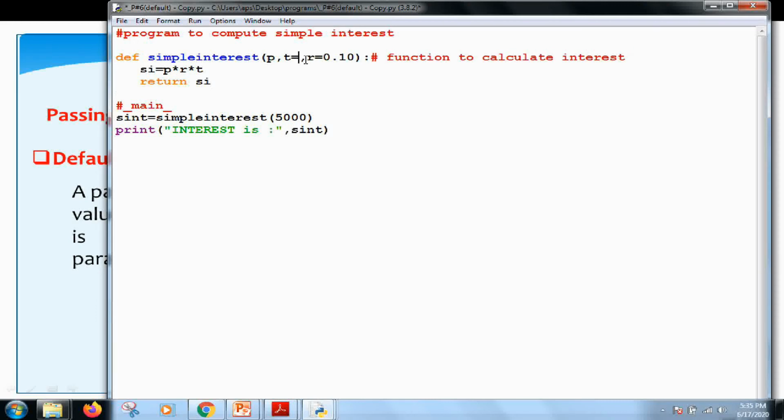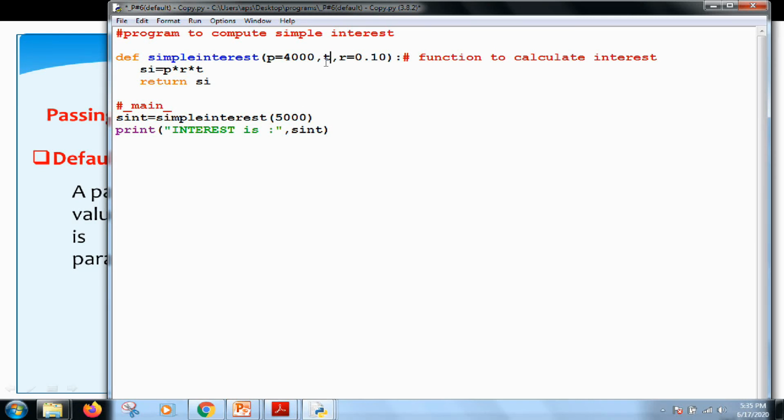But if I am not providing the default value to the t and pass directly the value to the principal, then this will give me an error, because all the arguments on the right hand side of p do not have default values. T does not have a default value, so this will create a confusion for the compiler. So in that case the compiler will return an error.